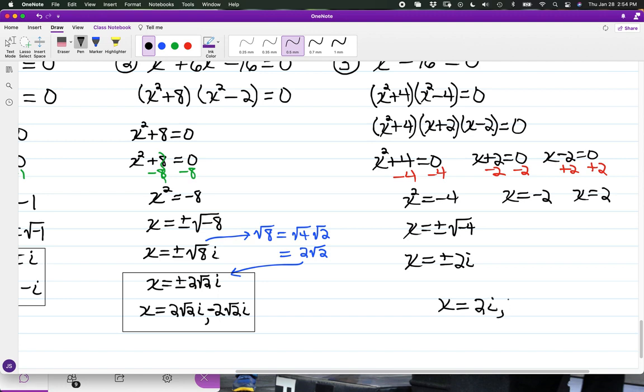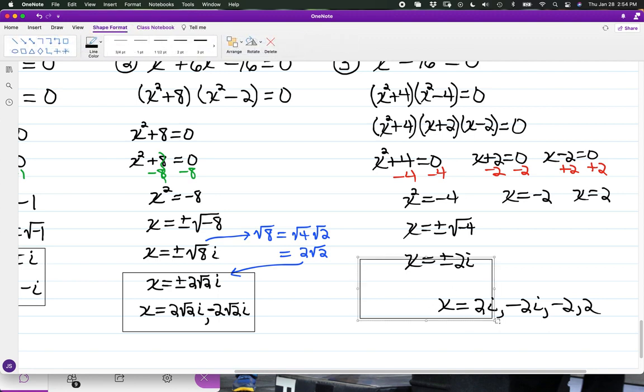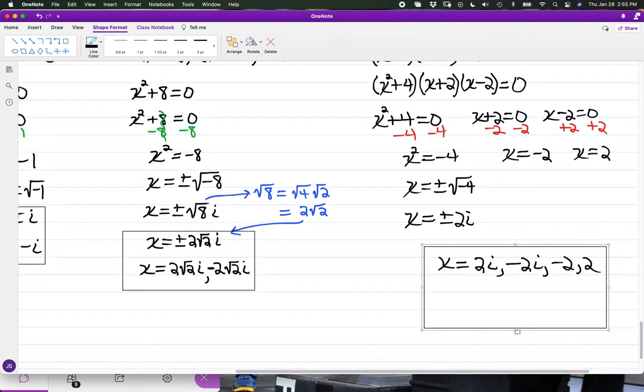So I have x equal to 2i, negative 2i, as well as negative and positive 2. Yeah, so in this one, we have a fourth order equation that again is going to land at 4 solutions. And before I get too far ahead, I just have to notice,